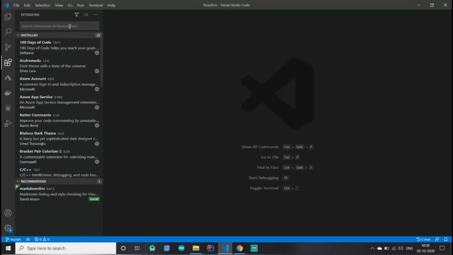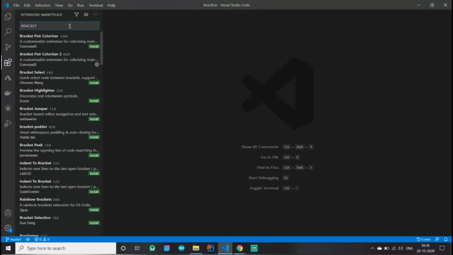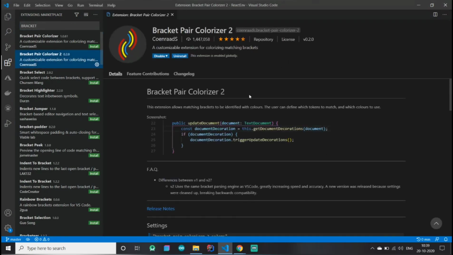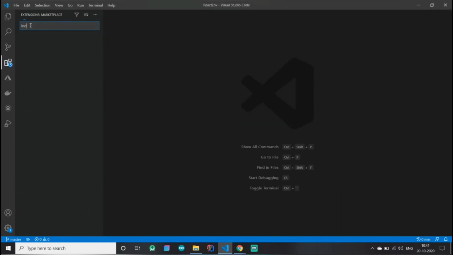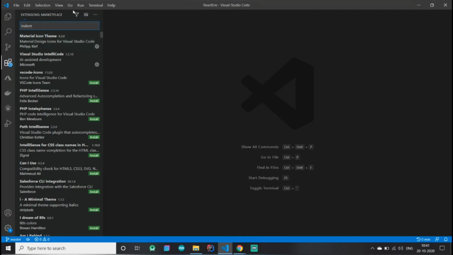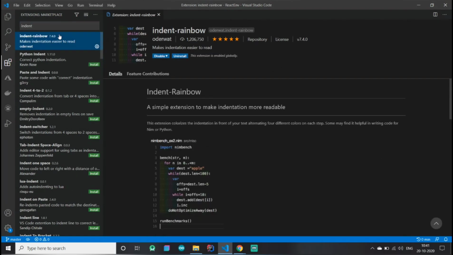Another really useful extension is the Bracket Pair Colorizer tool. It's an upgrade to the first edition, and as the name suggests, the extension colorizes bracket pairs for improved code readability. You can also customize and configure the colors of the brackets amidst a lot of other possibilities. The last Visual Studio Code extension I'm going to talk about in this video is Indent Rainbow. This extension is pretty helpful as it highlights indents or spaces and makes the indentation really easy to read.